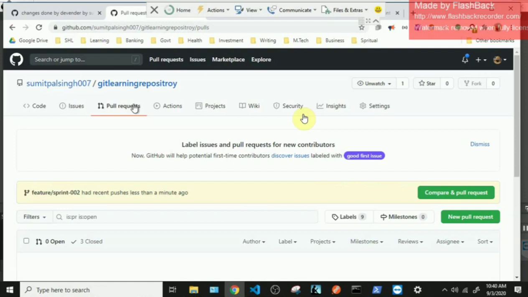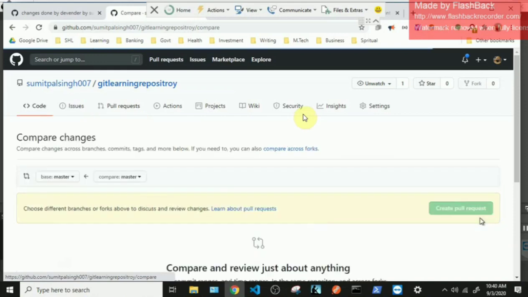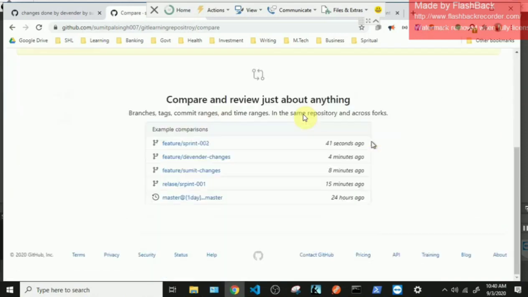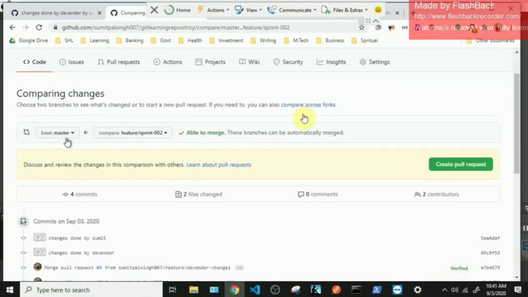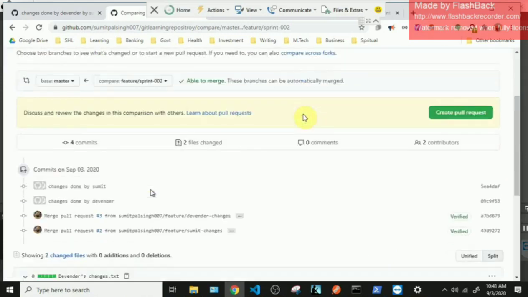So now I'll create a new pull request. I will click on new pull request, and I will select our sprint branch as source, and the target will be the master branch. Now you can see that this branch contains changes done by Sumit as well as changes done by Devinder.